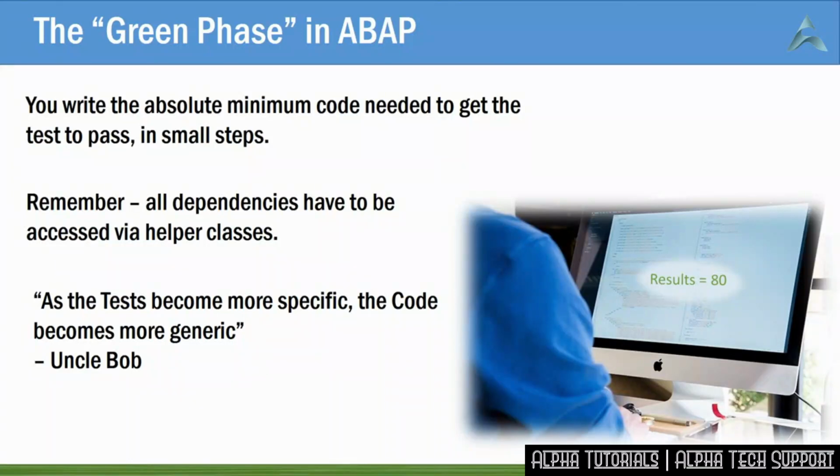The idea behind this strange concept is that the first test will pass, of course, but as soon as you have a second test with different inputs, the second test will obviously not pass, so you have to change the code so both tests pass. The idea is, as a test becomes more specific, the code becomes more generic. This is often called the inventor's paradox, and that is that solving a complicated problem is easier than solving a specific one. Leaving that theory aside, let's pop back into Eclipse to see what the finished coding would look like.